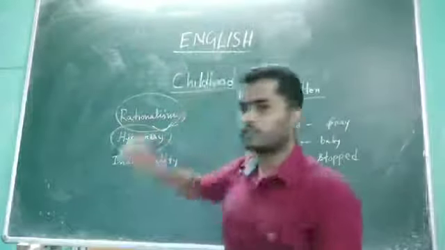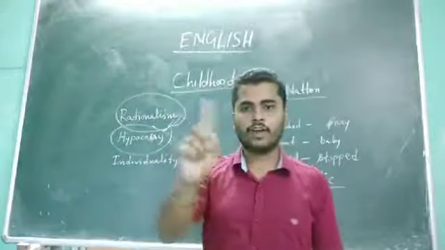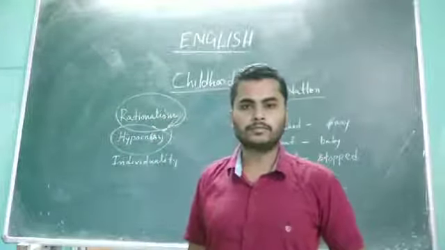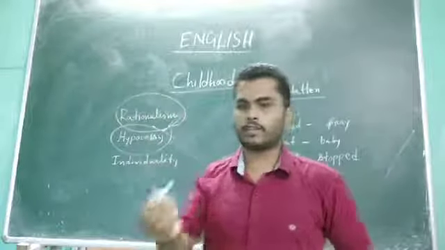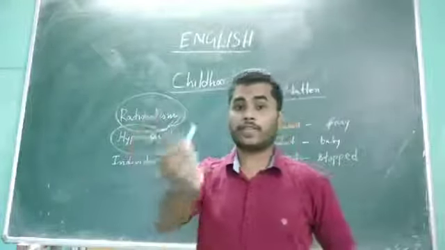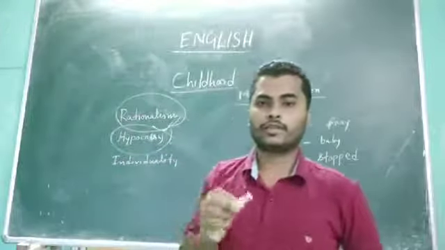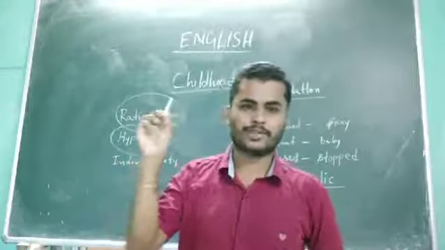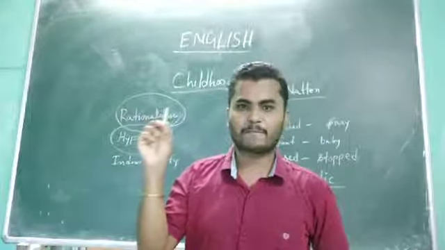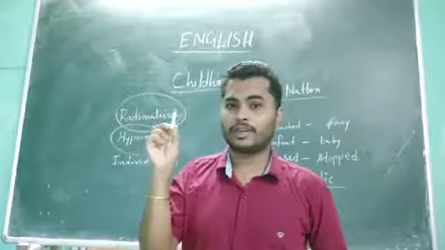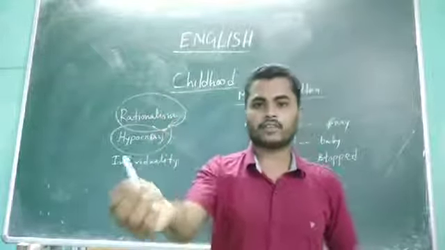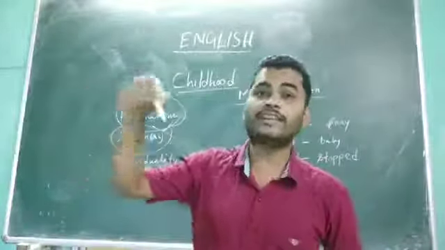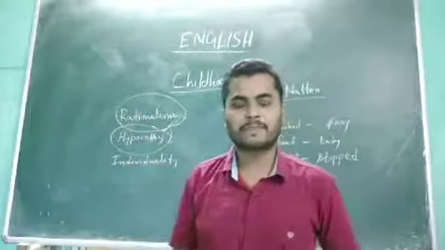Hypocrisy. A child is not able to recognize the hypocritic mind in a person. If I give you a chocolate, or you are going on the road or in a train and someone gives you a chocolate to eat, at least once the thought will come, has he done some magic? Yes or no. But if someone says to a small child, take it, this is a chocolate, take it without any hesitation, that child will take it and gallop it. Yes or no, definitely yes.